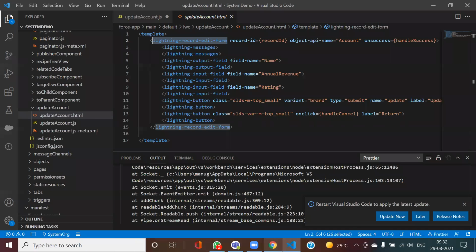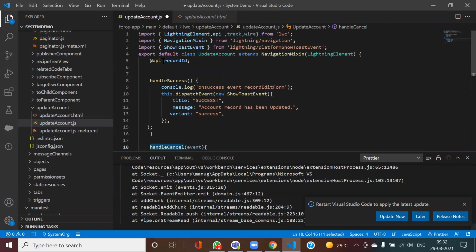So now let me go here. If you see now, the same thing has been done. Here I have passed this record ID. Since I was updating that account record, I need that record ID. That record ID I'm getting from this API variable. This is a Salesforce inbuilt keyword, this record ID, in order to get the record ID on a particular record.